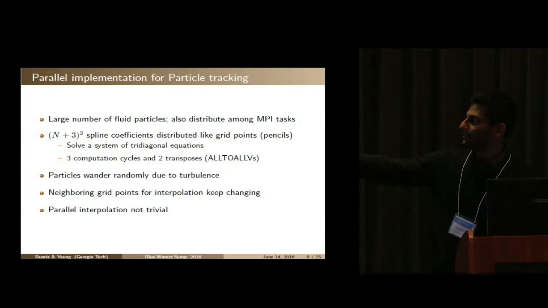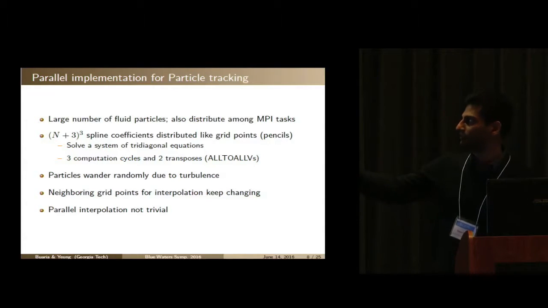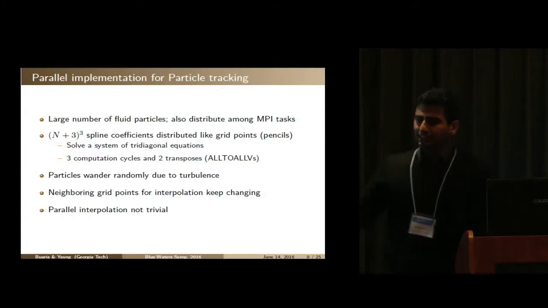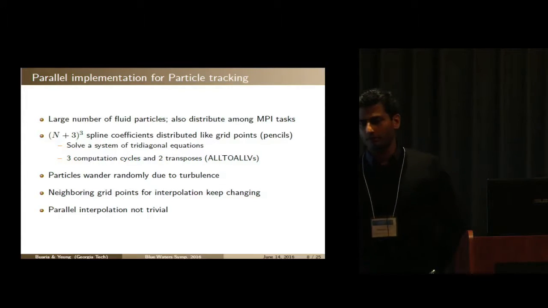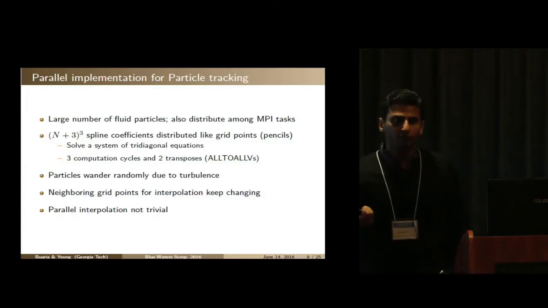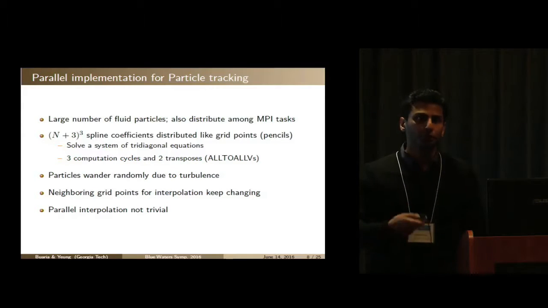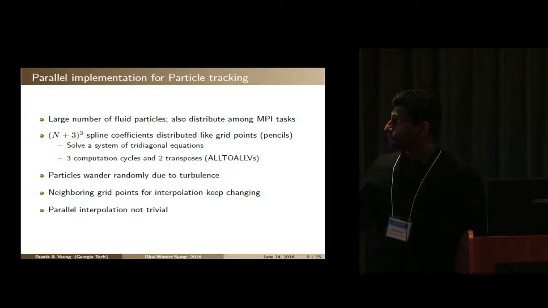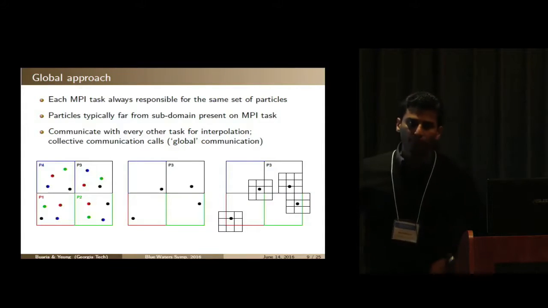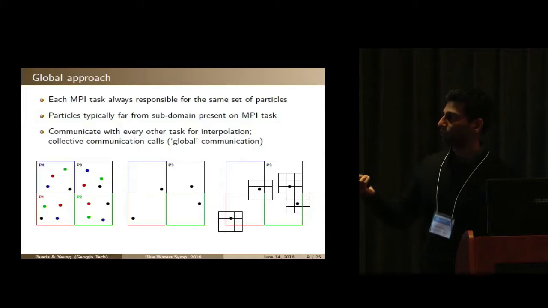But in this case, since the number of points are not divisible by the number of processors, we use all-to-allv. And one of the challenges is how to interpolate, which I'm sure many people have come across before me. So particles keep wandering because of the flow physics, and the neighboring grid points obviously keep on changing. So one of the approaches that we have been using for a long time is what we call the global